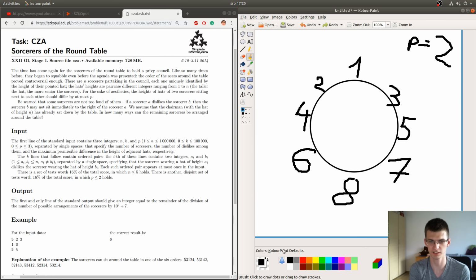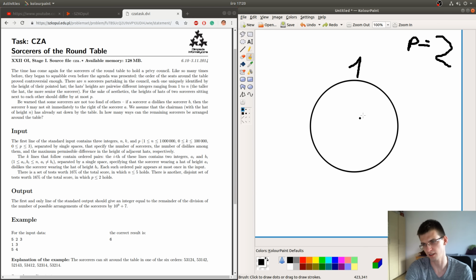And even that tutorial says you can write down all the cases and there is a finite number of them. For example, you can put 2 here and 4 here. Then there must be somewhere 3, so maybe it will be here.